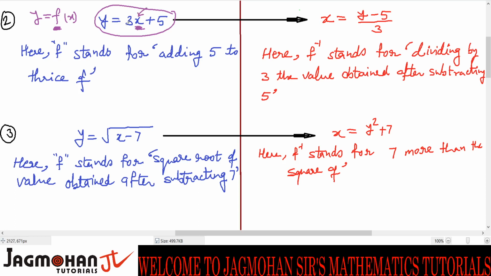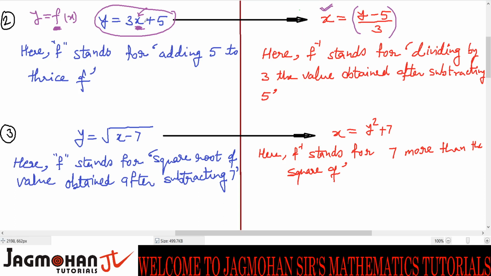If you take x as 1, 3 into 1 plus 5; x is 2, 3 into 2 plus 5; x is 3, 3 into 3 plus 5, and you get the respective corresponding unique y value. Its inverse is x equals y minus 5 upon 3. Now, how is this happening? You can check. 3x will be y minus 5 and x will be y minus 5 upon 3. It is as good as writing the equation making x the subject.